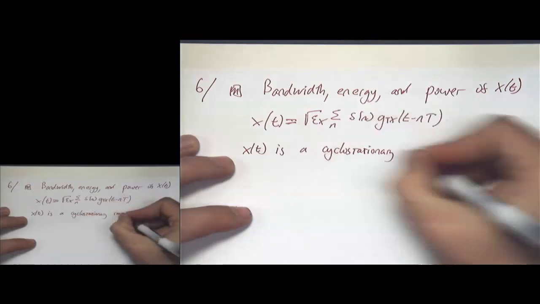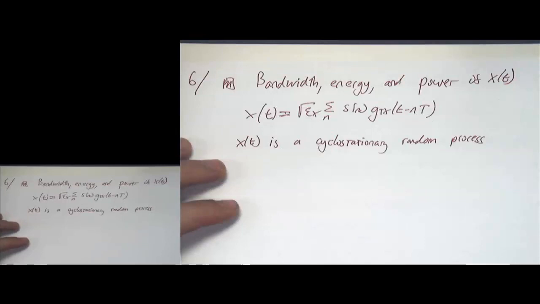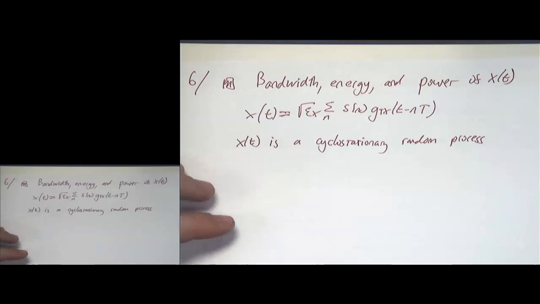So x of t is a cyclostationary random process. There's a whole theory of these, and there are a few books on this topic. Gardner's book is a classic example here. They're essentially random processes that have periodic structure in the correlation, so it ends up with a two-dimensional correlation that has periodicity instead of a one-dimensional correlation. You probably don't see these even in a more advanced probability course, but they are used in certain special cases. They're used in particular in communications for a problem that involves modulation identification, where suppose that you were,